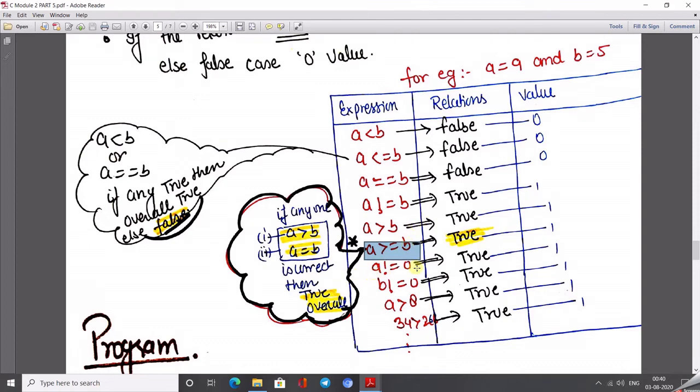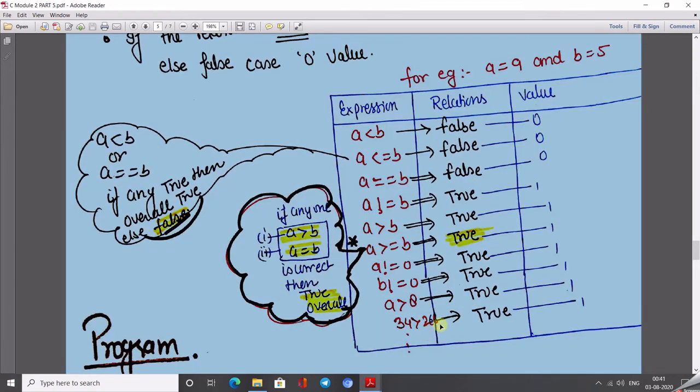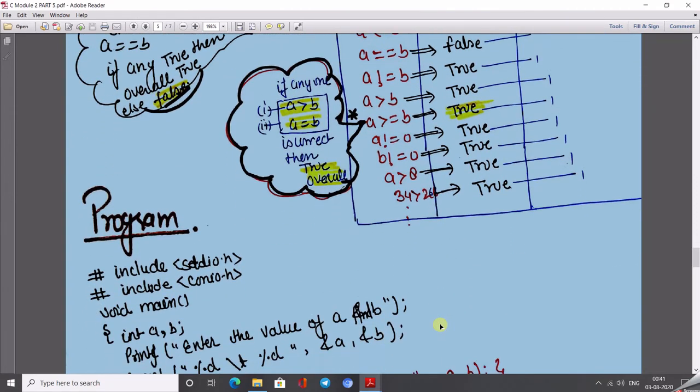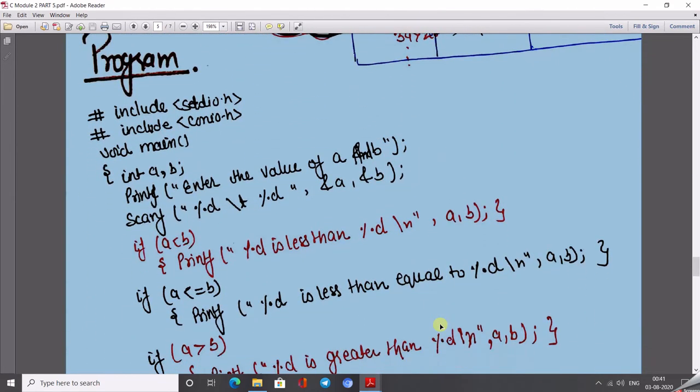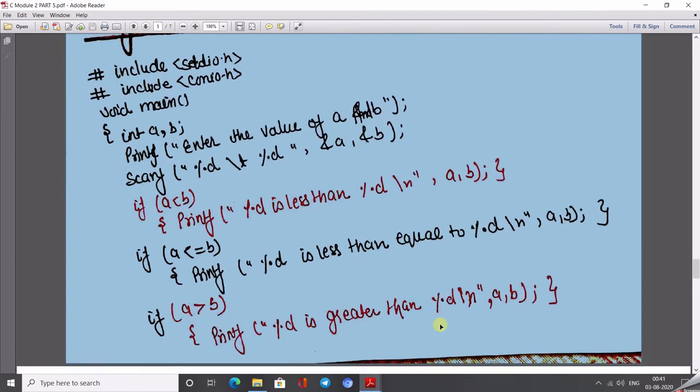Again, a not equal to 0? Yes, 9 is not equal to 0. So this value will also be true. B is not equal to 0? Yes, 5 is not equal to 0. So that is a true value. A greater than 9? Yes, 9 greater than 8. Yes, okay. Again, 34 greater than 26. The value 34 is greater than 26. So according to these tables, the value will be written by the program code and it will perform the